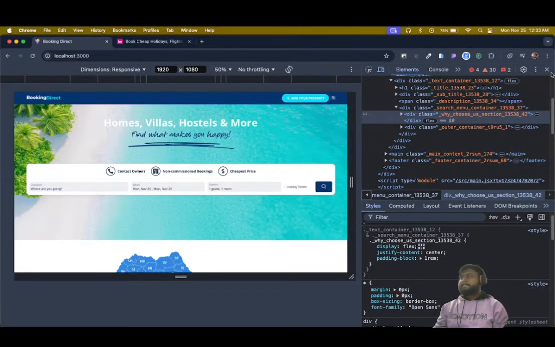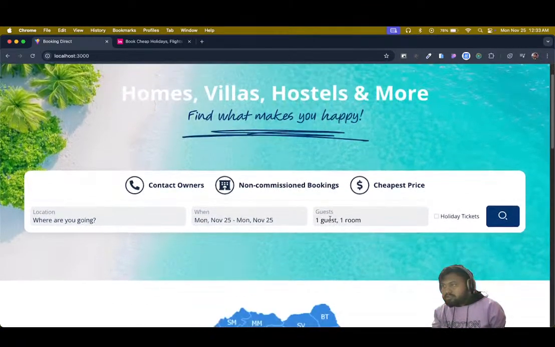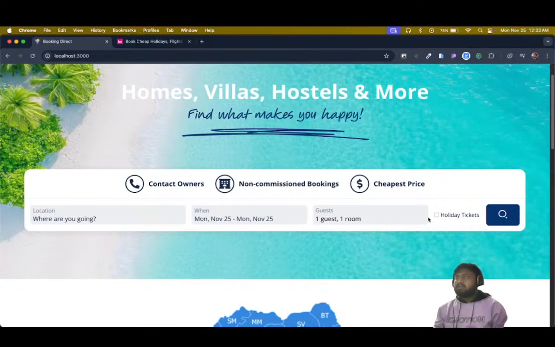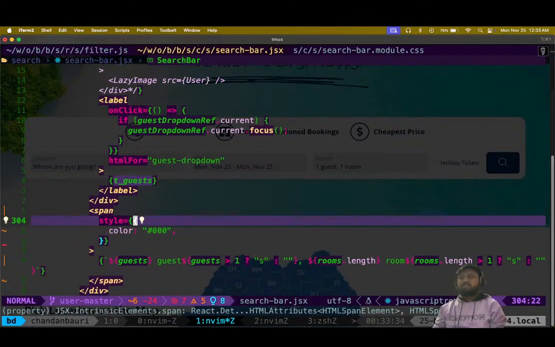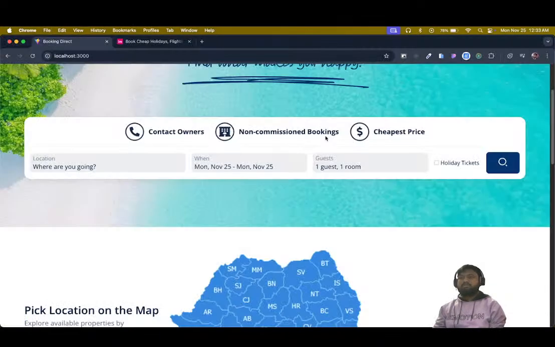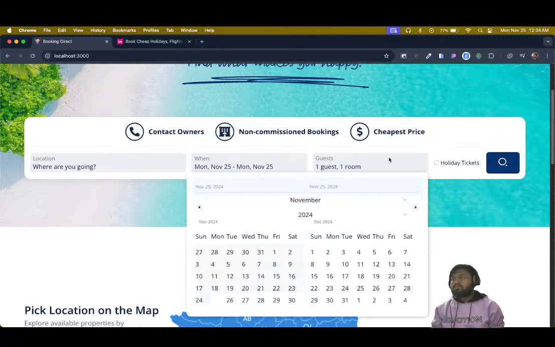So this is nice. This more or less looks like the design we have. Okay, I think I'll have to remove the color from the span to avoid any sort of mismatching of the colors. Yeah, we are good. So, as of now it does not look like we can click on it, right? Yes, here